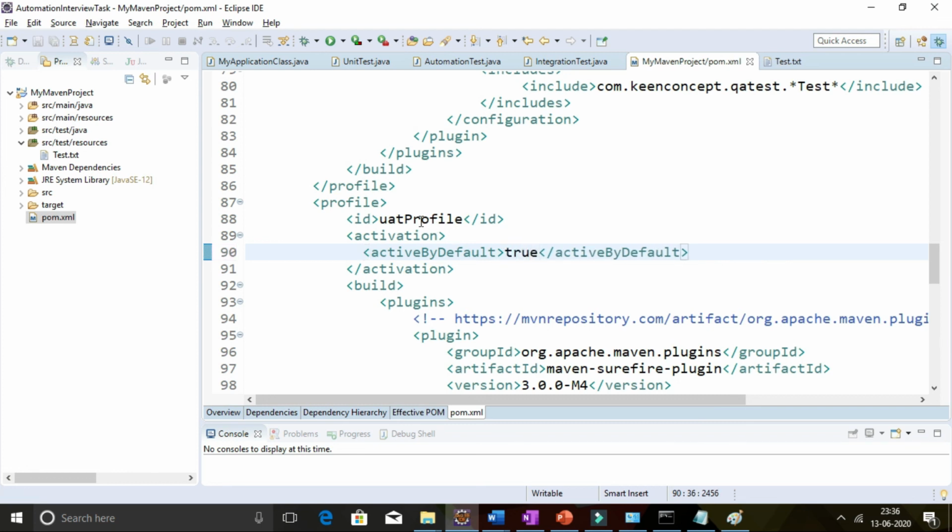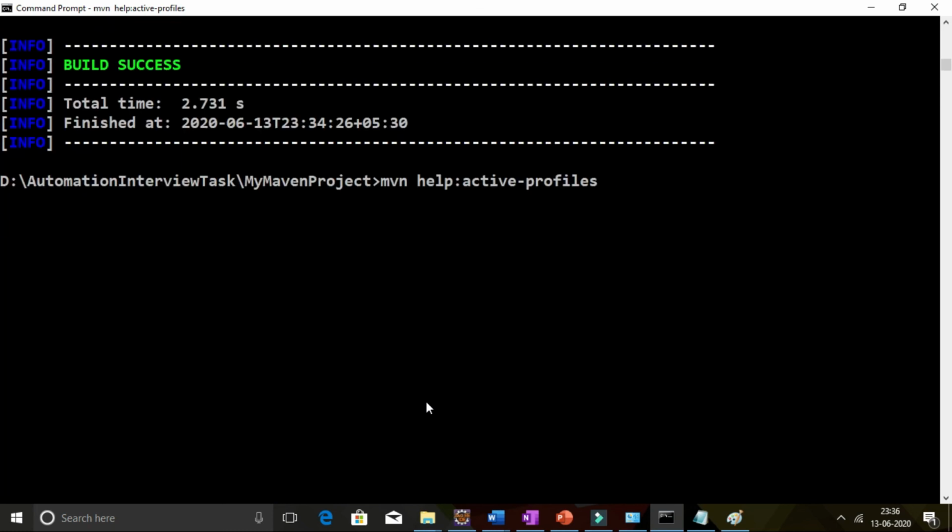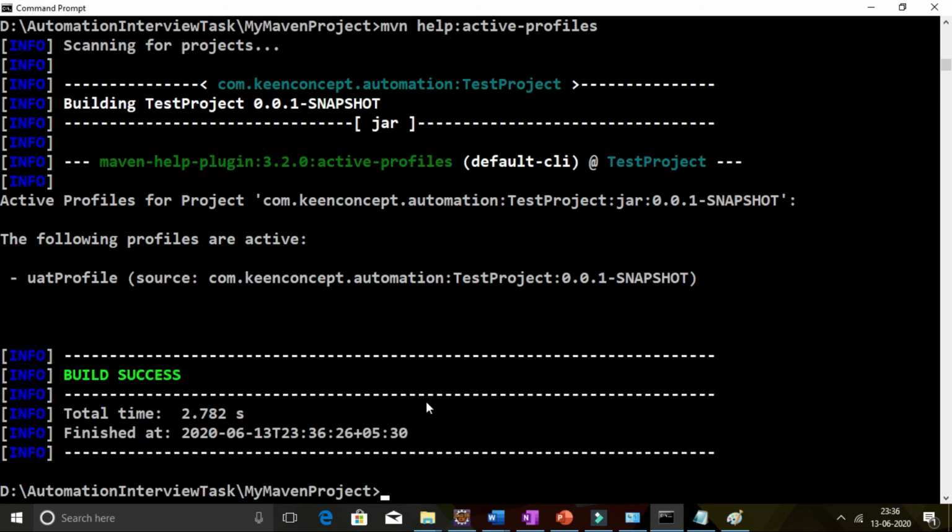So now our UAT profile is expected to be activated by default. So let's go to command prompt and find out. So you can see our UAT profile got activated by default.